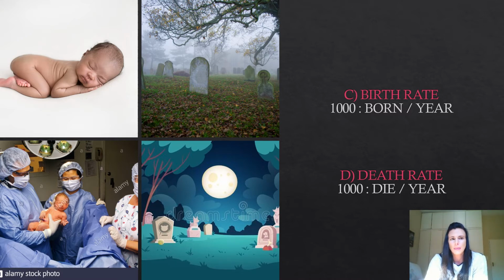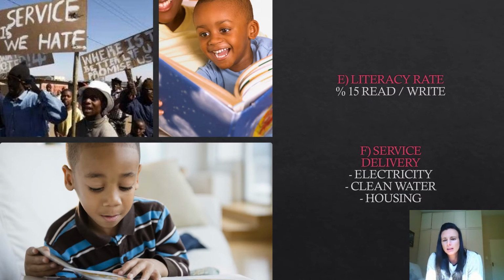MEDC. The next social indicator that we have a look at is literacy rate. Now, literacy rate is actually quite important because literacy rate is the only way that we can really measure education. It's very difficult to measure an education system when they're so different from country to country or different parts of the world. So therefore, what people will do is they will go and see or measure the literacy rate in